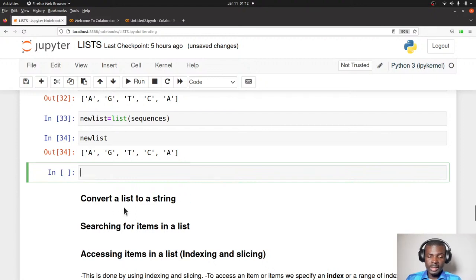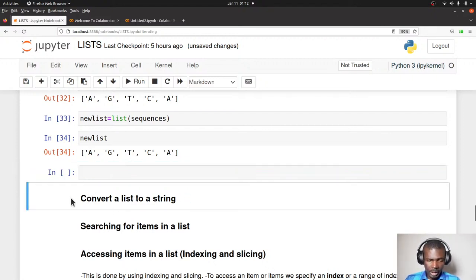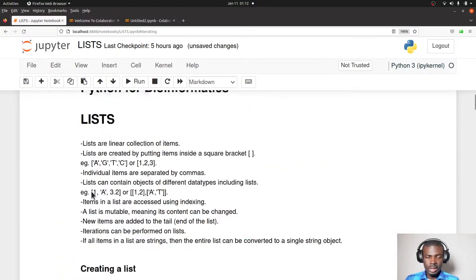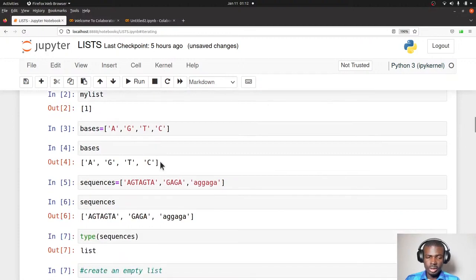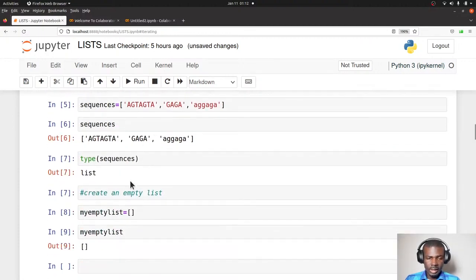Let's look at how to convert a list to a string. So this one here, you need to satisfy a requirement. There's a requirement. Let's look at the description I gave here. If all items in a list are strings, then the entire list can be converted to a single string object. So that means all the items should be a string. So in this case, this one here,